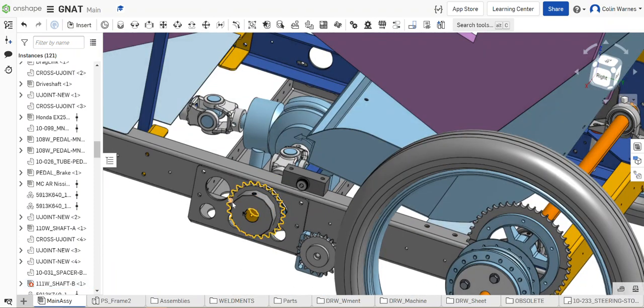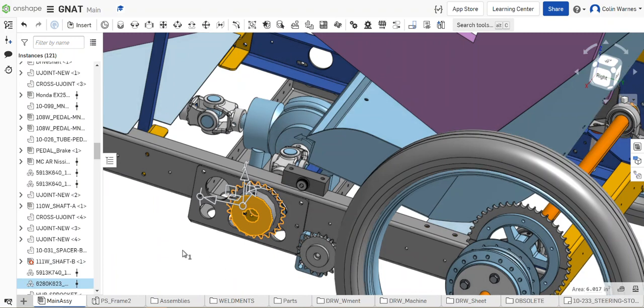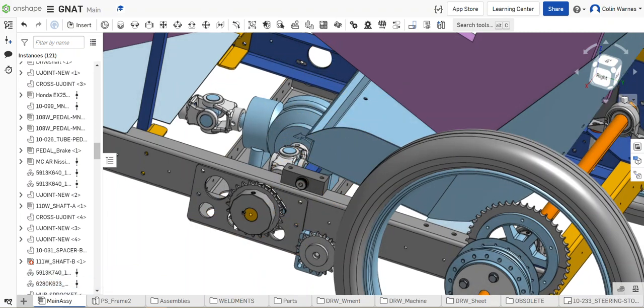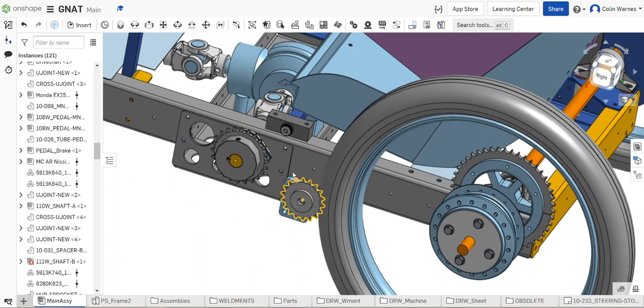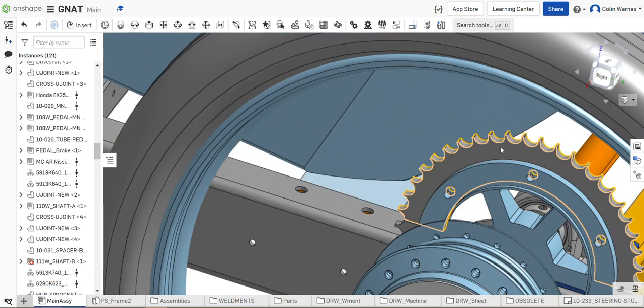In this case, this sprocket is a 24 tooth sprocket. Then I have an idler sprocket, and then in this situation here,